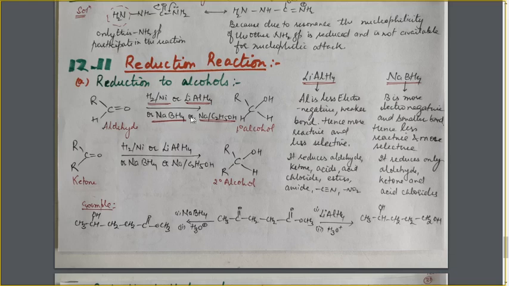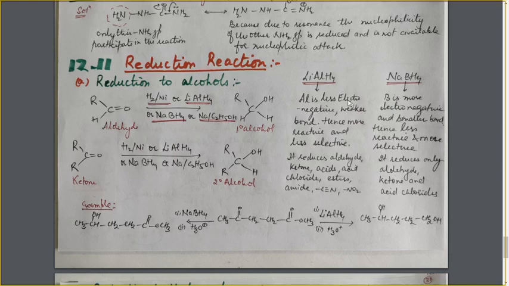So these compounds will supply the 2 hydrogen atoms, and how will these 2 hydrogen atoms participate? This one CO bond will be broken, and 1 hydrogen atom will go to this oxygen atom, and 1 hydrogen atom will go to this carbon atom. Simply, 1 degree alcohol. Same in the case of ketone, where one bond is broken out of these 2 bonds, and out of the 2 hydrogens, one will go to this carbon atom and one will go to this oxygen atom to give us the 2 degree alcohol.